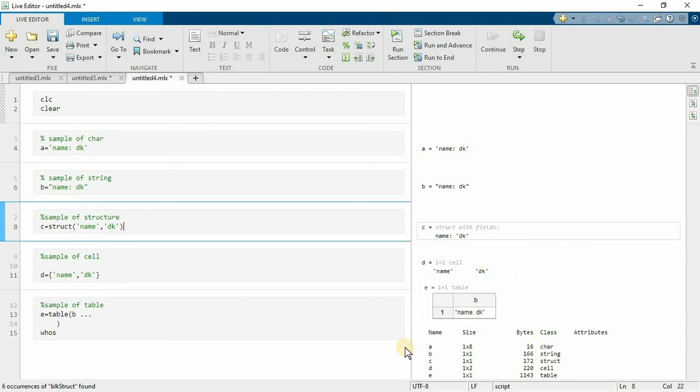But look at the section below, at the size. A consumes 16 bytes, whereas B consumes 166, 172, 220, and so on. That means although storing the same thing, they consume different sizes according to their data type. That's the purpose. While programming, understand in which format you need the output and then use the data type. This is the main purpose of the data type.